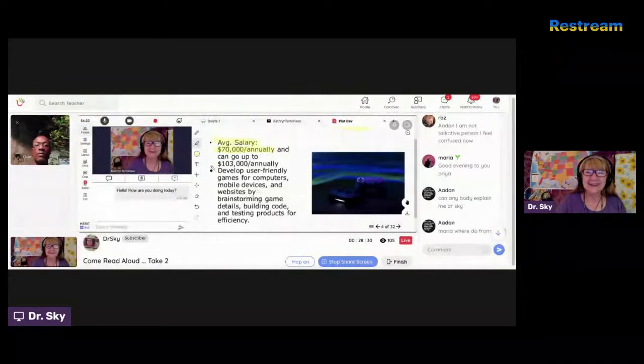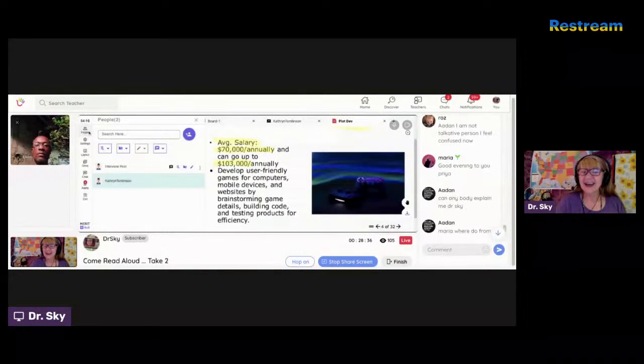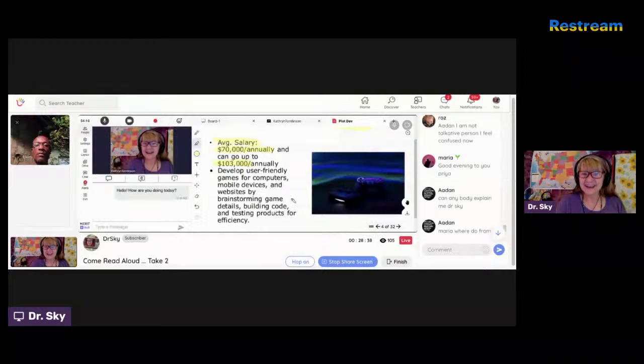Mhm. So it can go up to what's this one? $103,000 annually. Now, the dollar sign is before, but you say it after. Okay. So $70,000 or up to $103,000. Now, you're doing a great job.